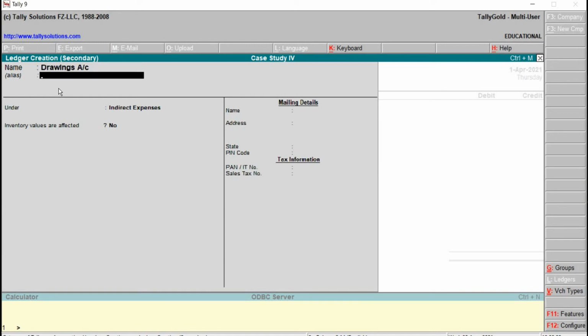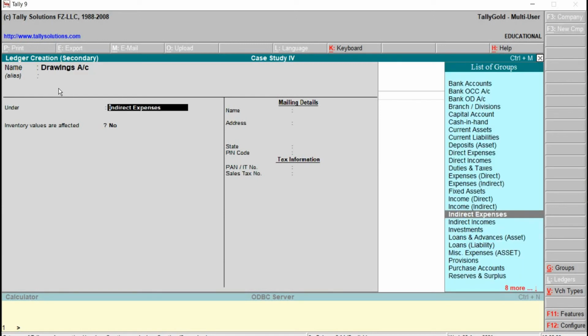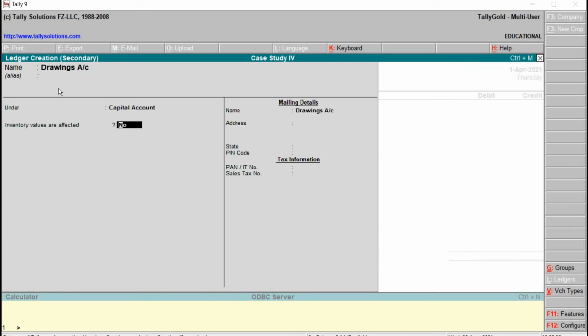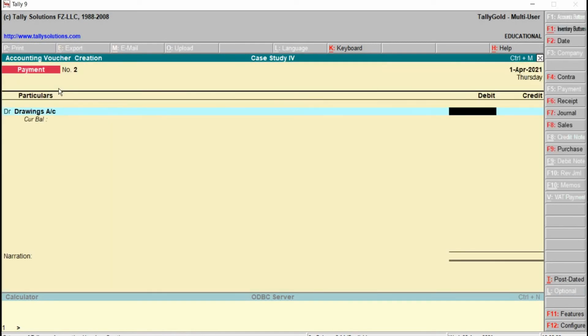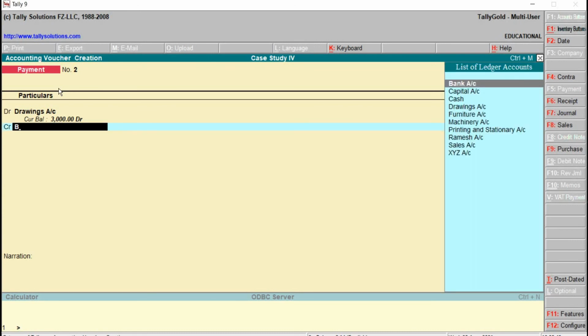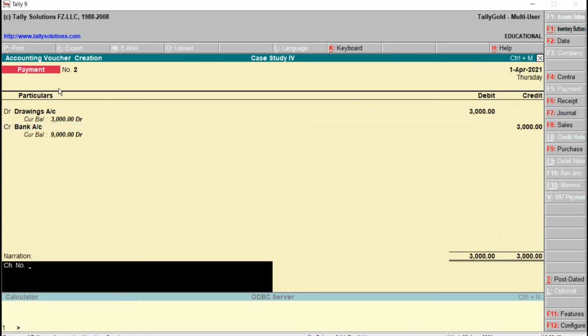Alias will be blank. And this has to be allocated to the group, that will be the capital account. Then Control A to save and quit back. Amount is 3000. Credit bank account 3000. Type the narration, later save.